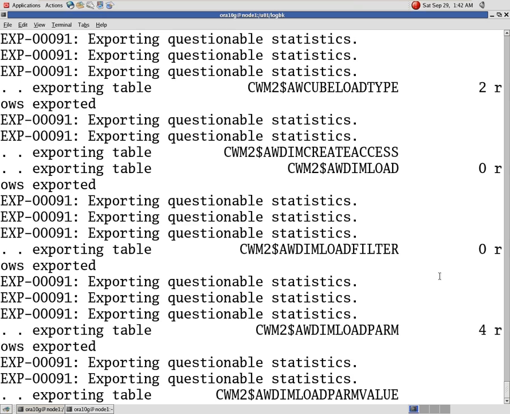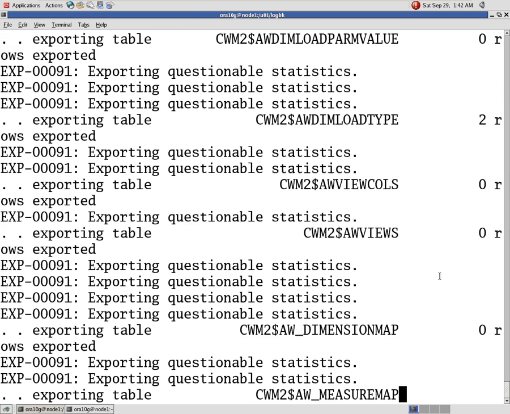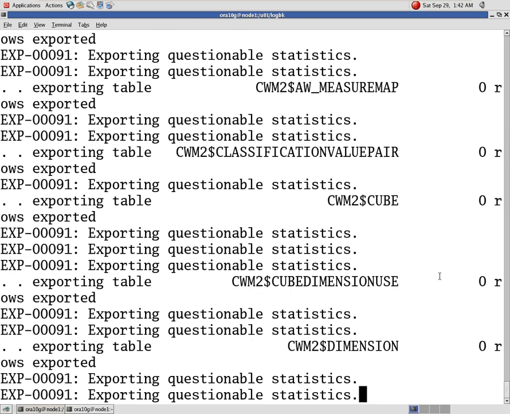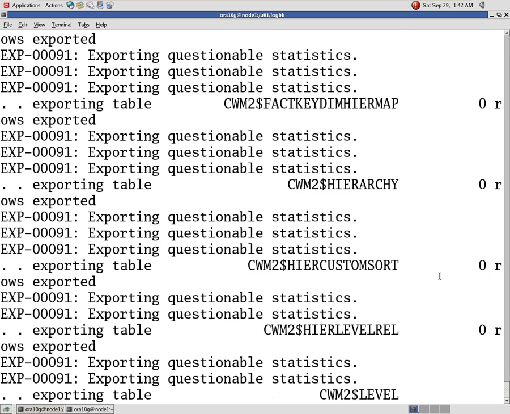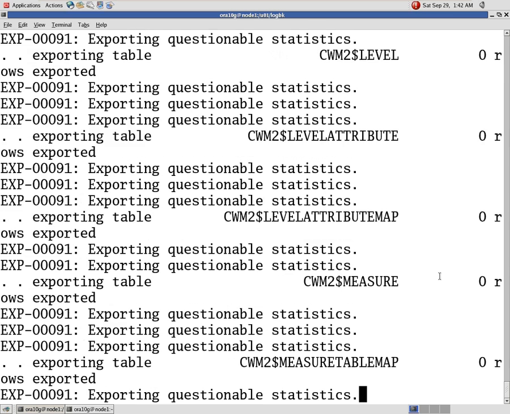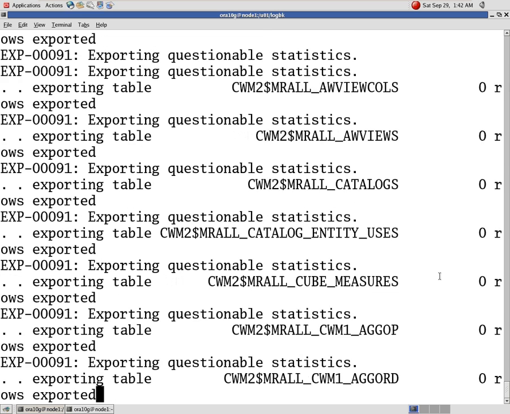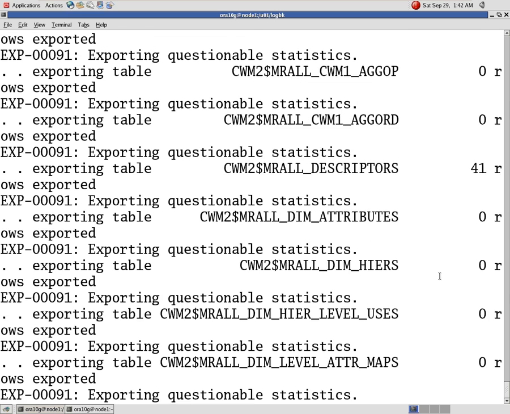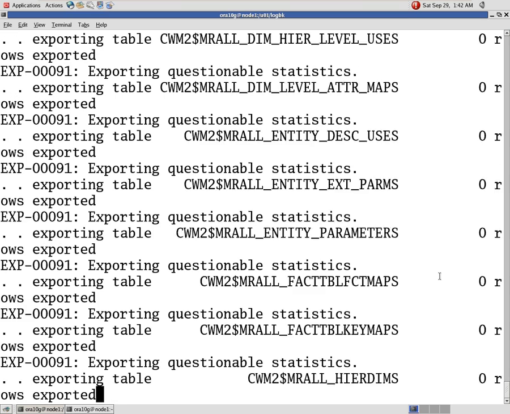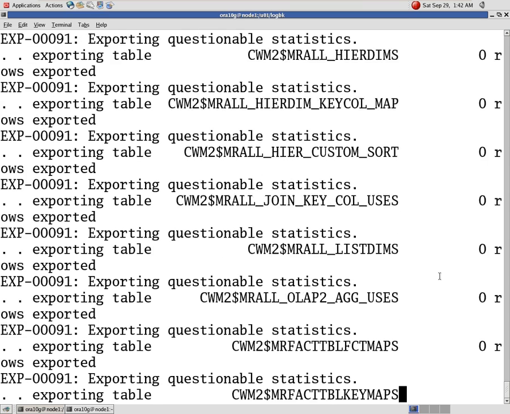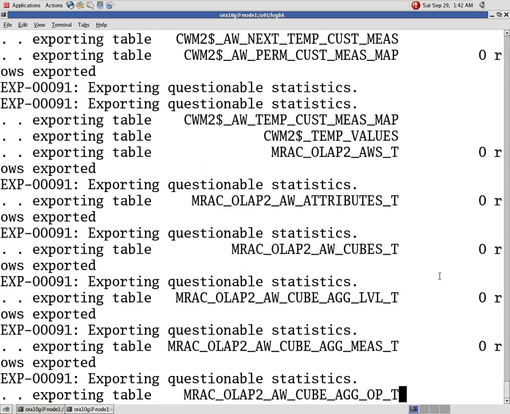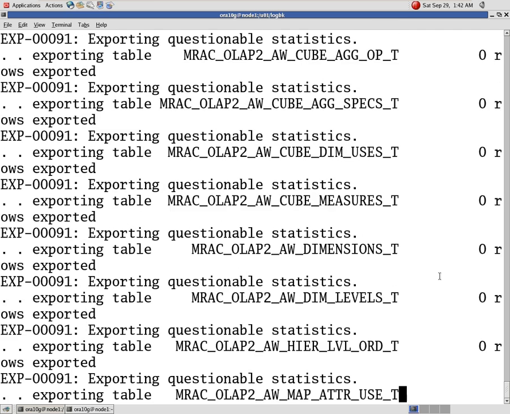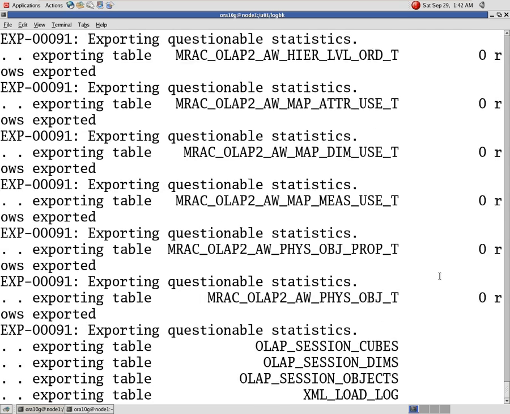Same here: statistics gathering means, if I create a table T1, what is the size of this table, how many rows it has, what is its density. All together we call it statistics. If you don't have statistics of your database, you get bad performance. We will discuss these in performance tuning. This is a complete database backup.